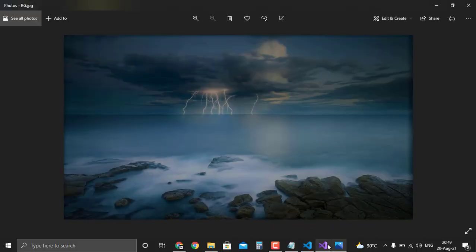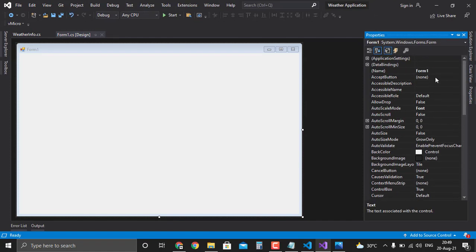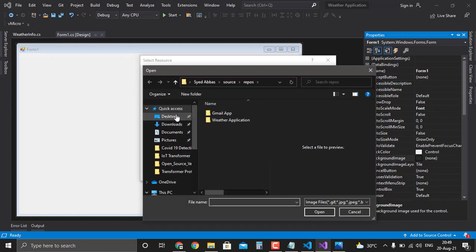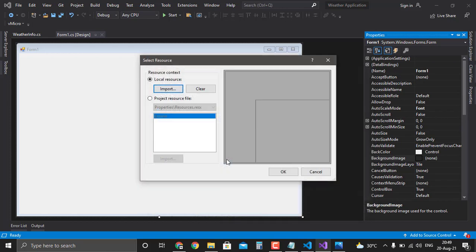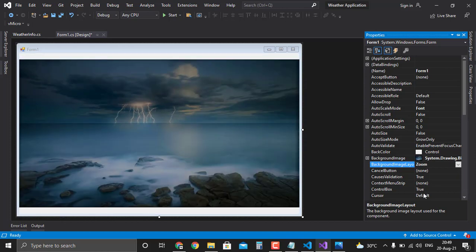Okay, that's it. Here, properties and background image. Import from desktop, background. Okay, background image layout, zoom or stretch,